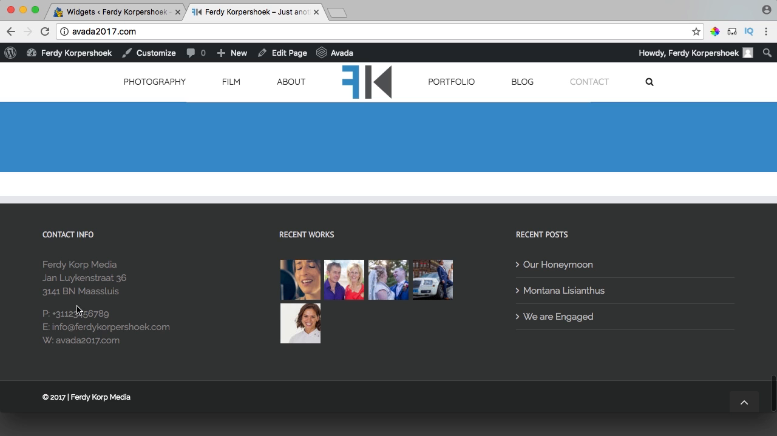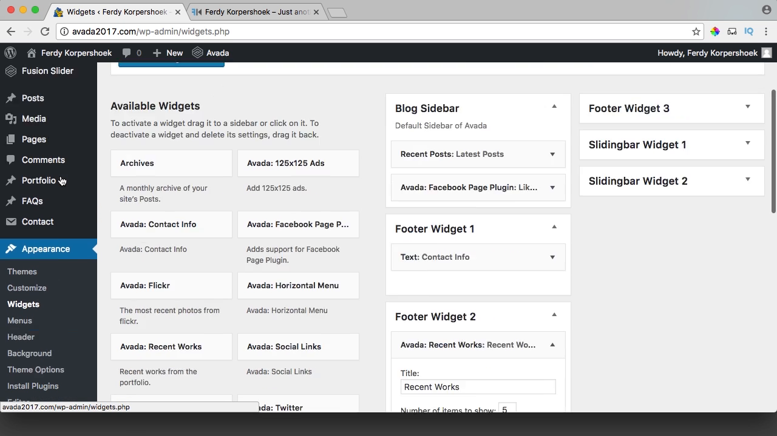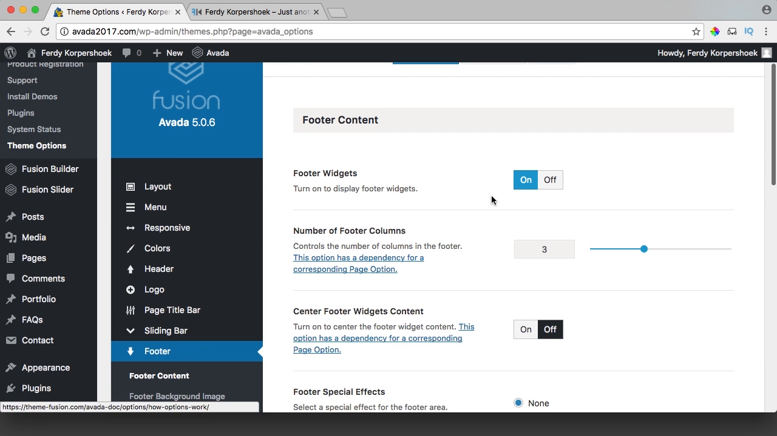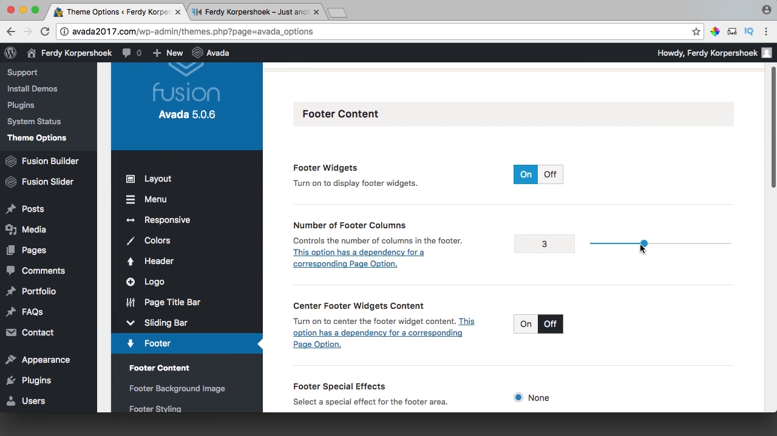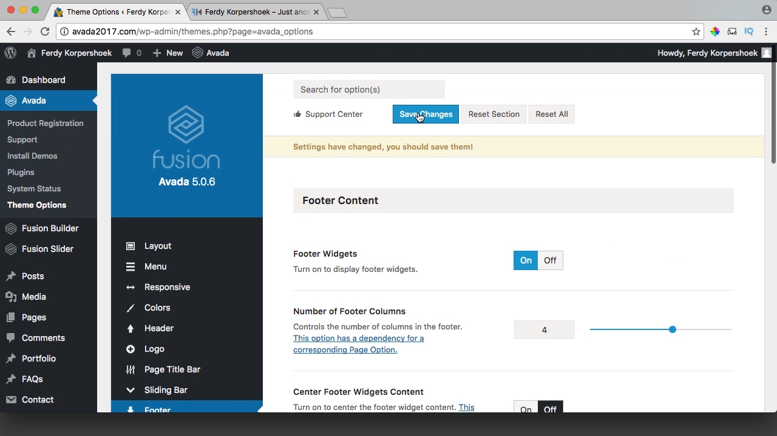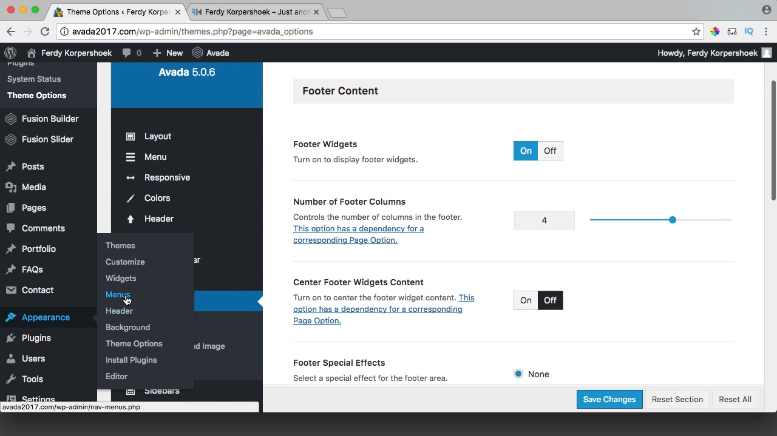Contact info. Recent work. And what we also can do, we can change it and say, make it 4 widgets. So I go to theme options, footer, change it to 4. Save the changes. Go to appearance, widgets,